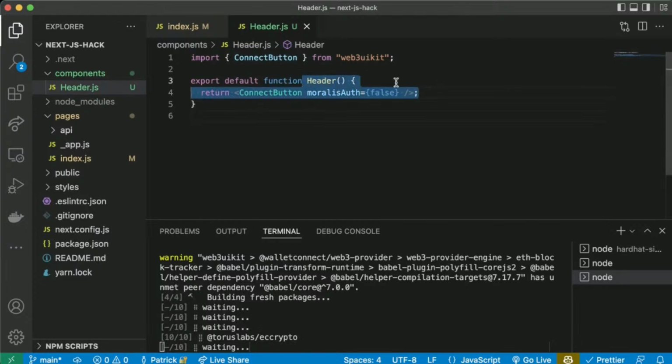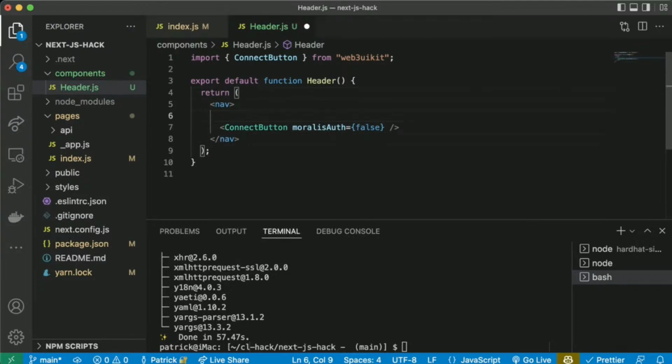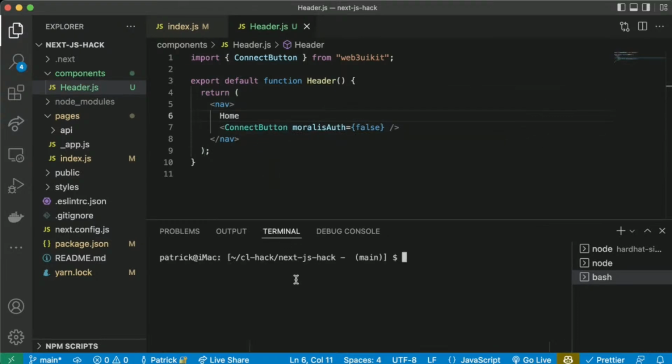And the reason I like to put this in a header is because if I want to turn this into a nav bar, I can do something like nav, a connect button, and then I can do home, a whole bunch of links or whatever I want, right? So I'll make a header like this, and we are exporting it.